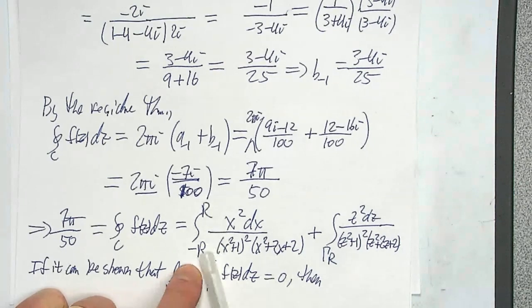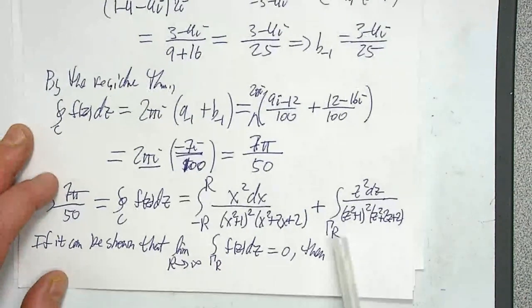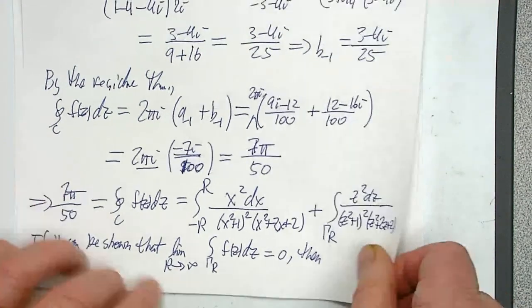from minus r to r, and we'll take the limit as r goes to infinity. And the same with this. This is the half circle. Gamma sub r is the half circle on the complex plane. So if it can be shown that this part, as we let r go to infinity, equals 0, then that would show that